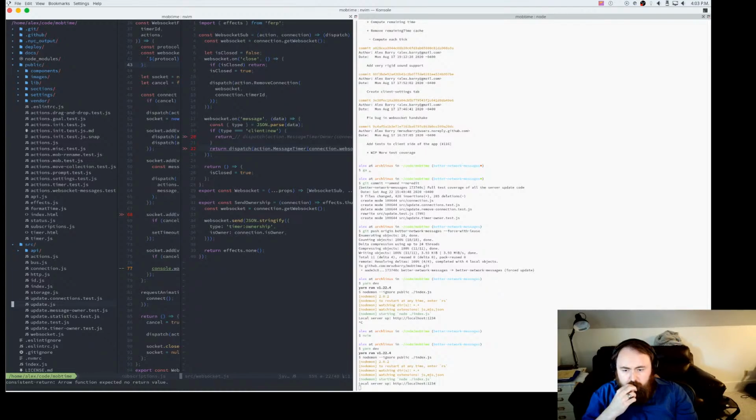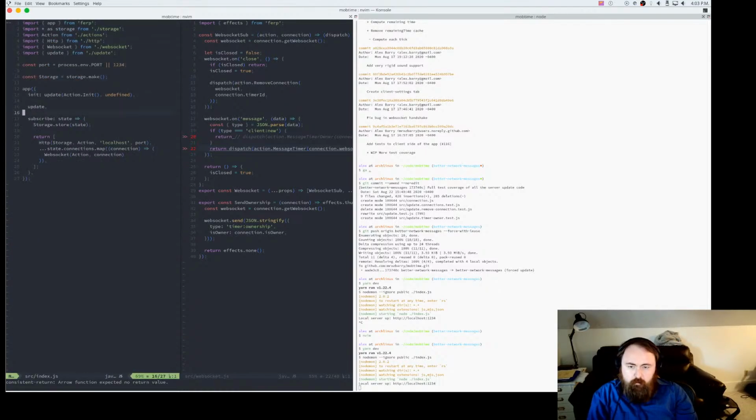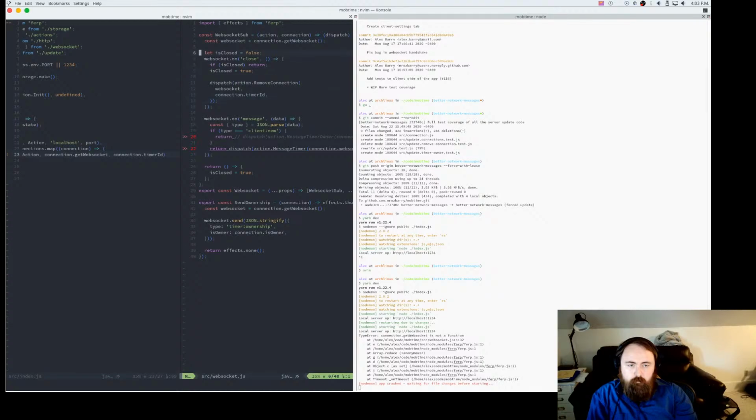So the big one is going to be here. So rather than connection, let's do connection on get WebSocket as a method, and also connection.timer ID. Yeah, well, that would have been broken anyway.